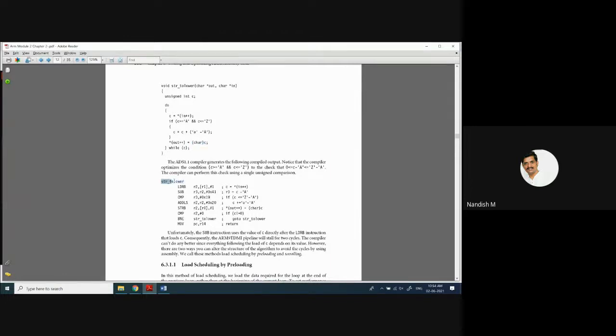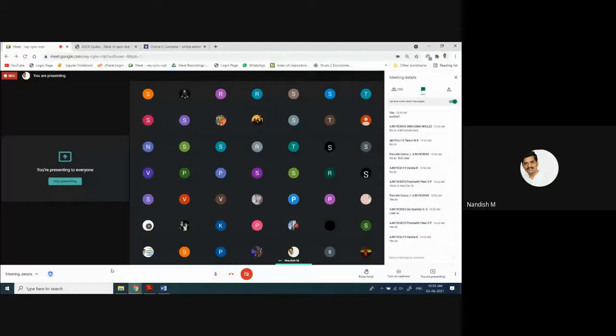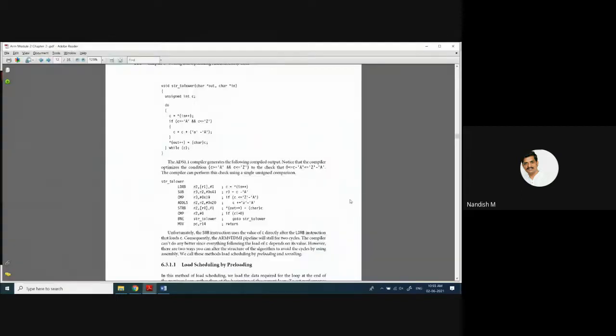And the equivalent ARM instruction for that is, see here, from some location, that address will be contained in the register R1. That gets loaded into R2. The subtract operation subtracts the ASCII value of capital A from the character.